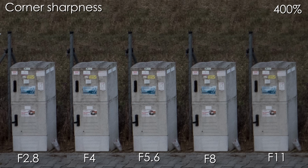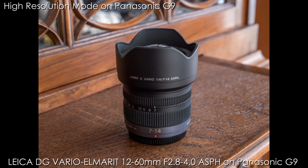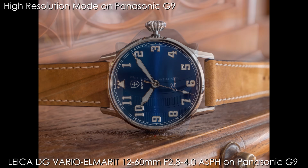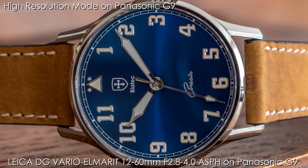The sharpness increases at f4 and the sharpest point is at about f5.6. That is basically the case across the whole focal range. At longer focal lengths between 25 and 40mm, the sharpness is more uniform across the frame. The sharpness is also fairly consistent. It is fine to use it anywhere between f2.8 and f8, so overall I do like the sharpness of Leica